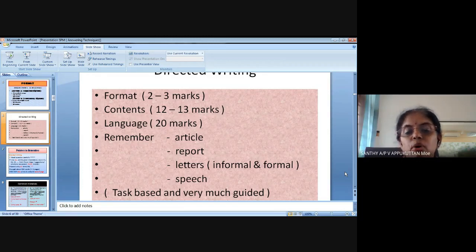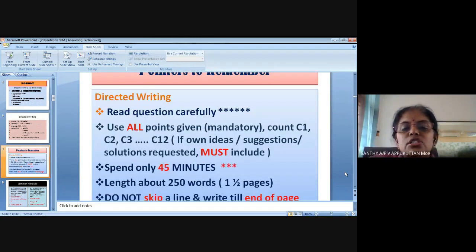Contents, all guided points are given for this directed writing. So it could be 12 content points or 13 content points. And language, you'll be given 20 marks. Okay. Now, what do students need to do? What are they supposed to remember? Okay, when they're writing their